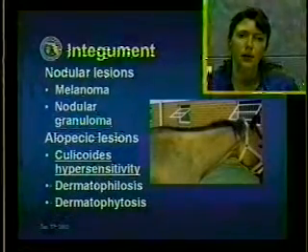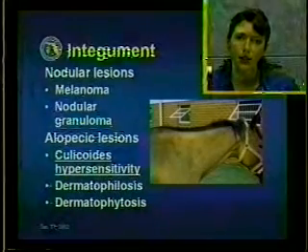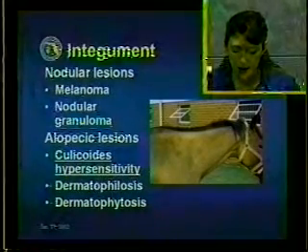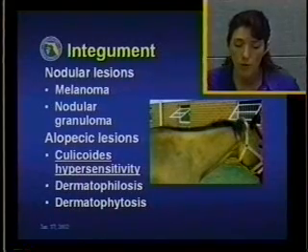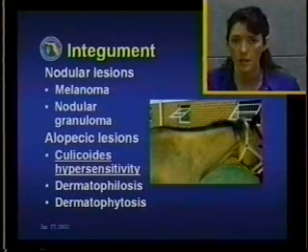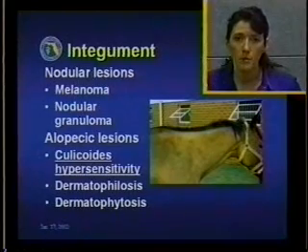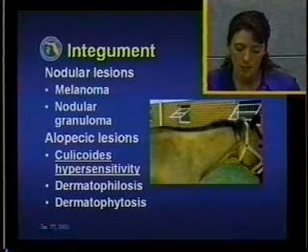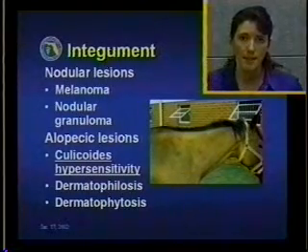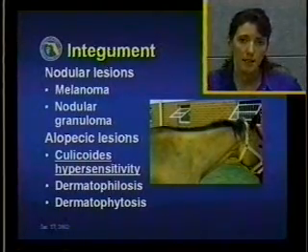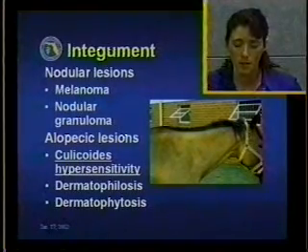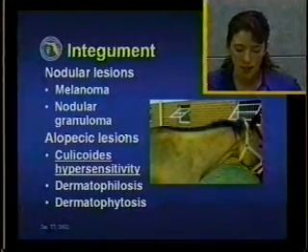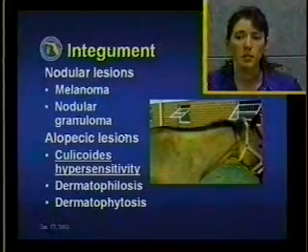Alopecia can be caused by Culicoides hypersensitivity. This is a condition that occurs every summer in some horses and is therefore called summer itch. It is a highly pruritic type of lesion. It usually affects the mane and the dorsum and the tail head, to the point where horses can scratch themselves to the point where they lose every single hair on those areas, and it usually tends to become worse and